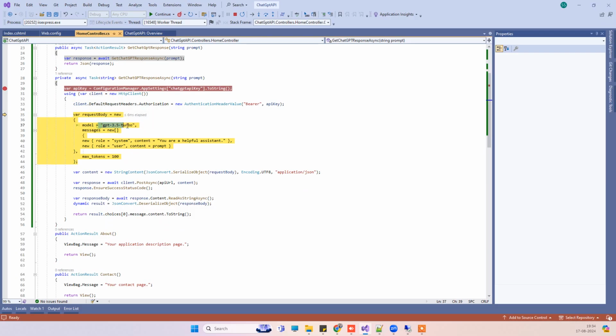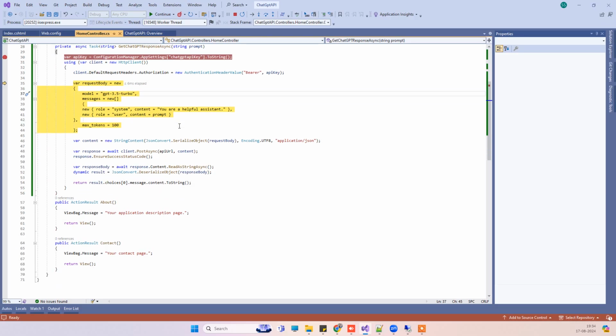So we are using the ChatGPT model 3.5 turbo, and then we have to provide the prompt to the ChatGPT, and max token is the token result which it will return. You can increase the limit if you want a larger set of data in the response. Okay, so now we have passed the prompt here, hi, how are you, and then we are making the call